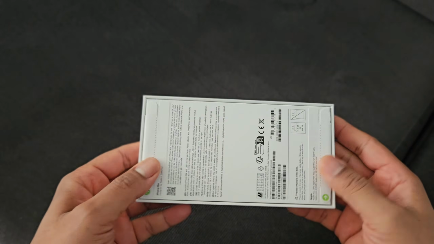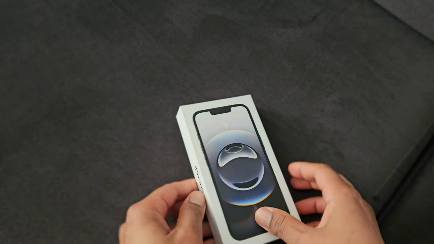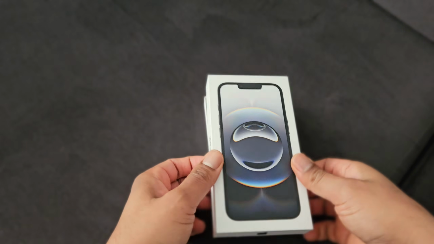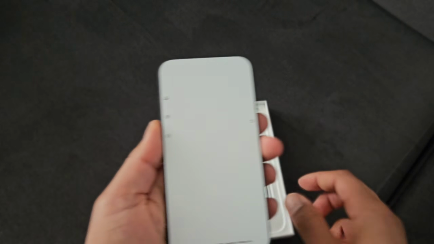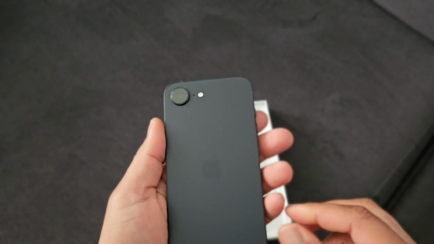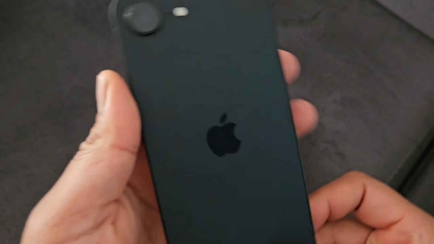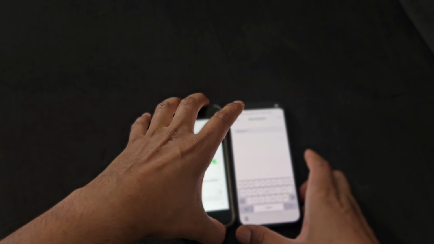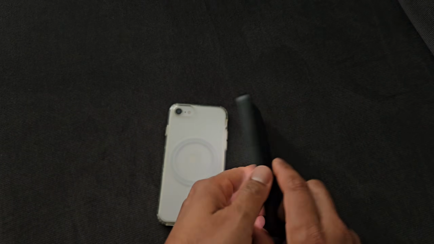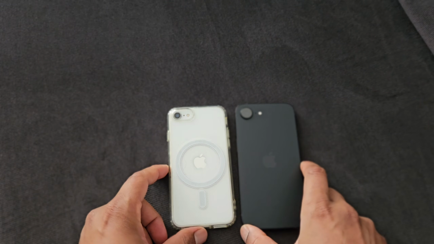The iPhone SE 3rd generation rear camera: a single 12 megapixel wide camera with an f/1.8 aperture, featuring optical image stabilization, digital zoom up to 5x, portrait mode with depth control, portrait lighting with 6 effects, Smart HDR 4, Deep Fusion, and photographic